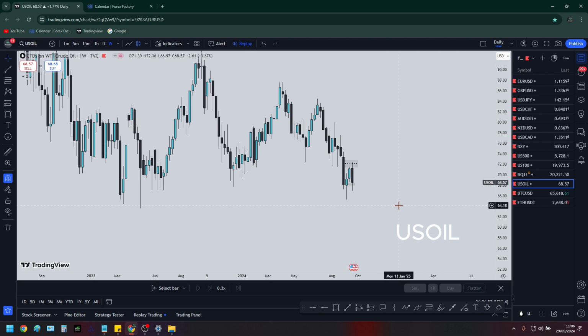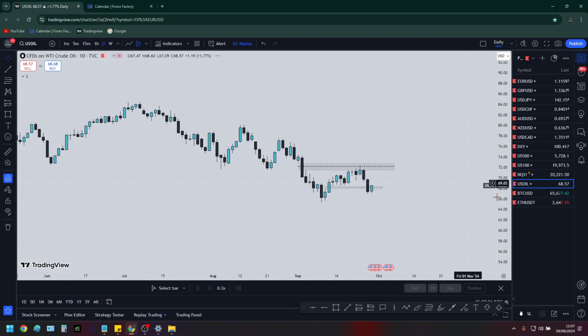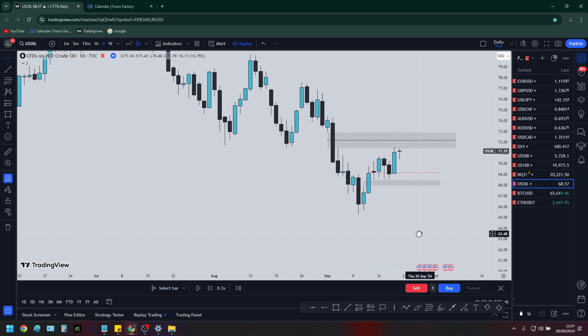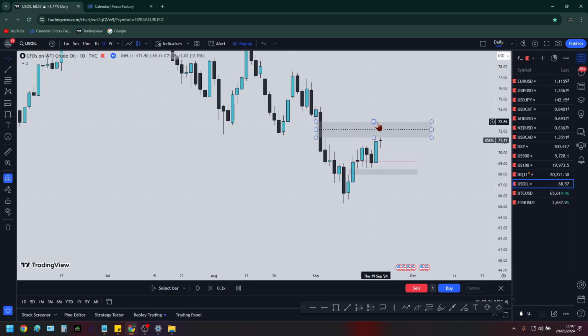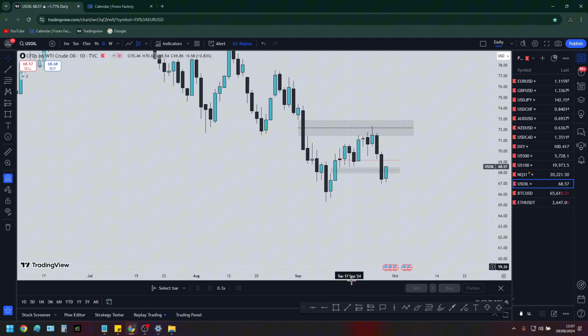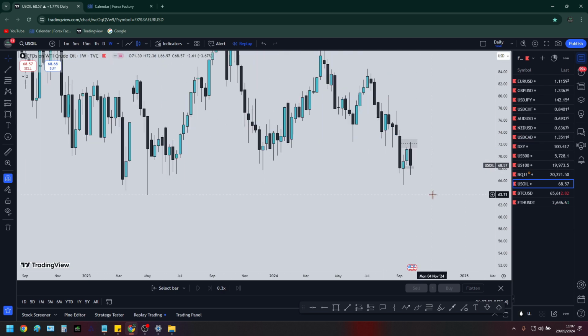Oil is a tricky one. Oh no, okay. We reacted greatly from this fair value gap. So another prediction well made. So last Sunday we were here. I outlined this fair value gap and we just tapped it this week and reacted from the 50%. So yeah, drawn liquidity is low, so bearish price action. Yeah, we're going lower most likely. Weekly also appears to want to go lower.